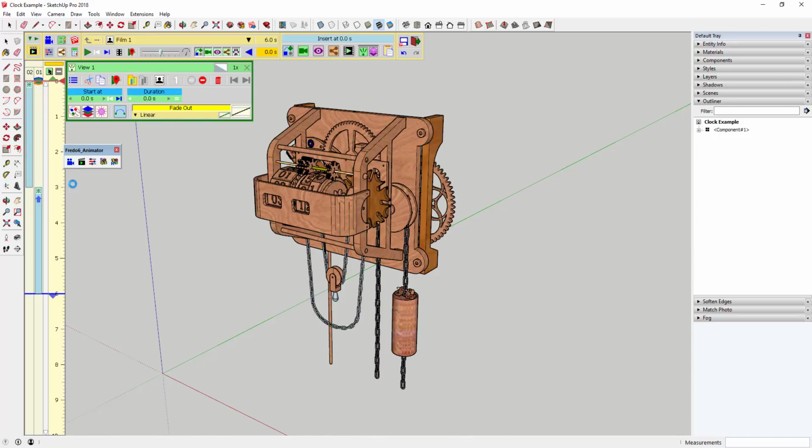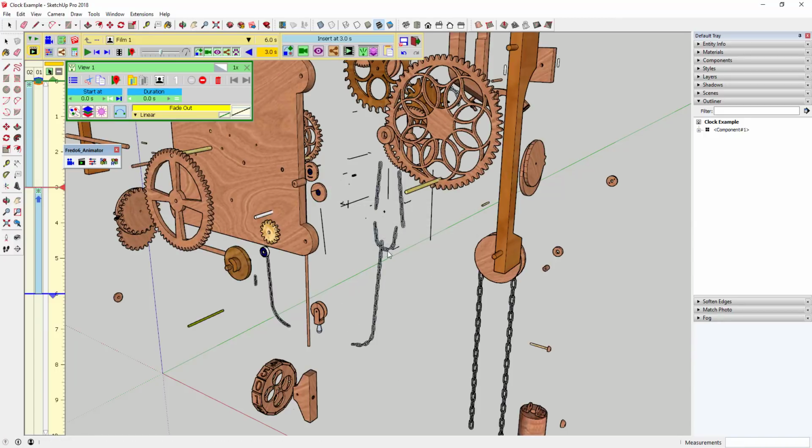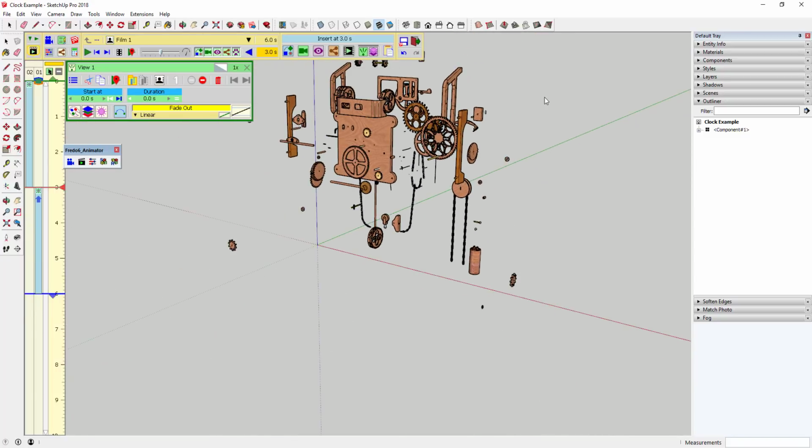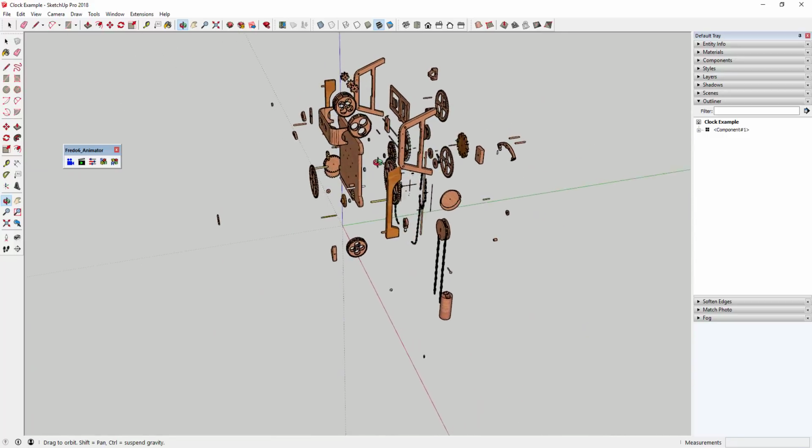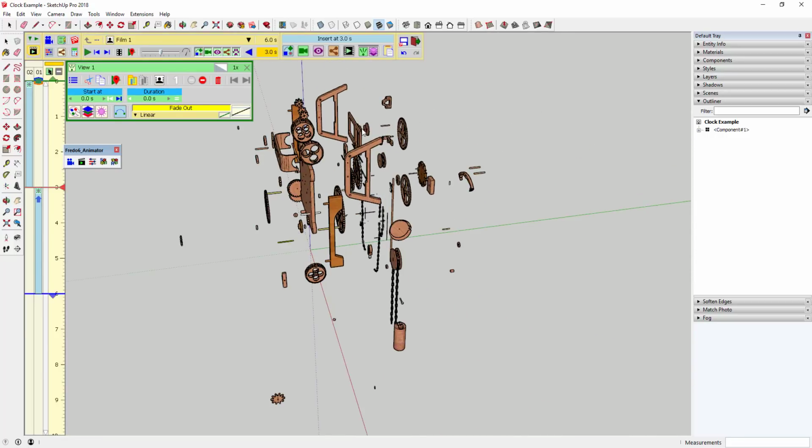The second thing we're going to do is set our time now to 3 seconds. So I'm just going to click Go to Time, and set that to 3 seconds. You can see how this shows what this is going to look like 3 seconds in. And then I'm going to zoom out and rotate around a little bit so that I can see everything